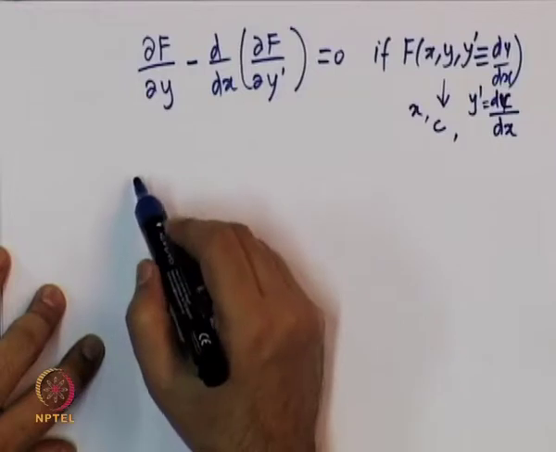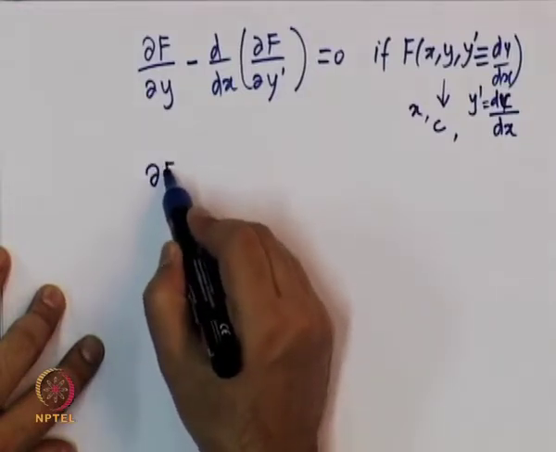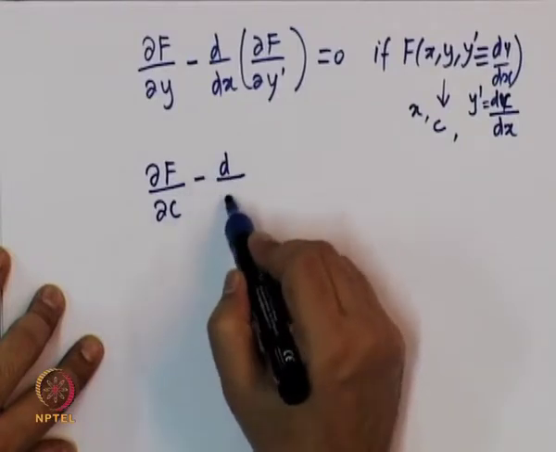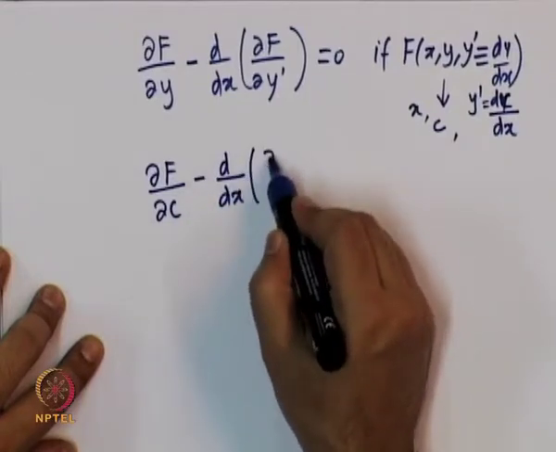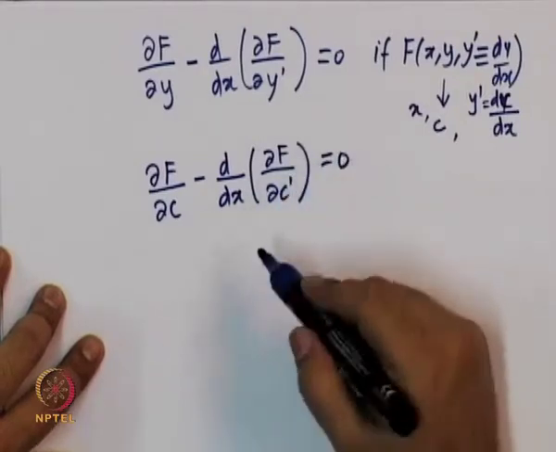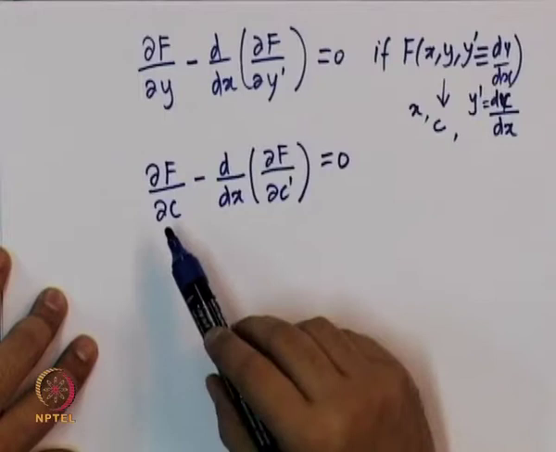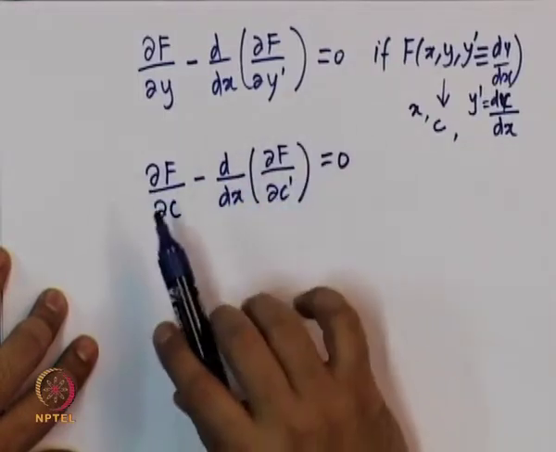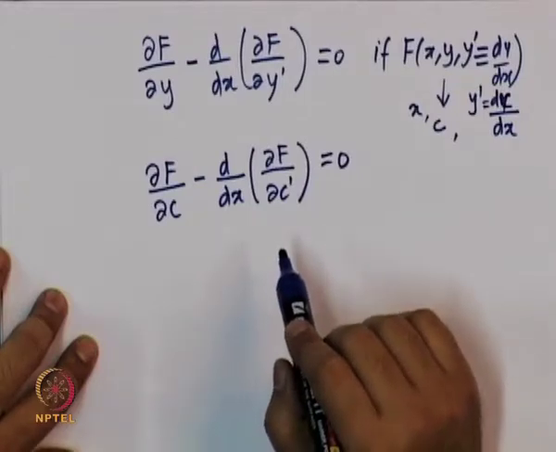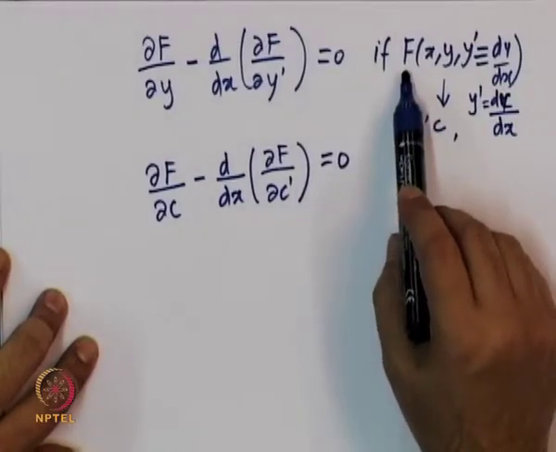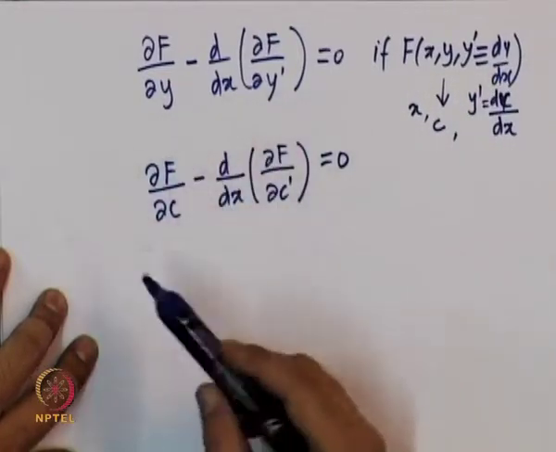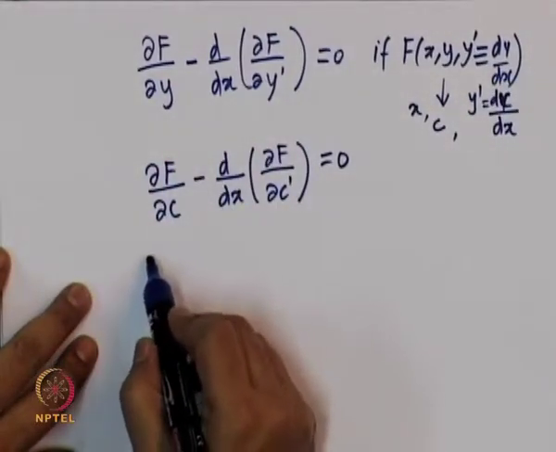So, in that case it becomes ∂f/∂c minus d/dx of ∂f/∂c' is equal to 0. So, this is the Euler Lagrange equation, but this form can be simplified a bit if we look at a case where f is not an explicit function of x, which is the scenario in our case, because remember the f